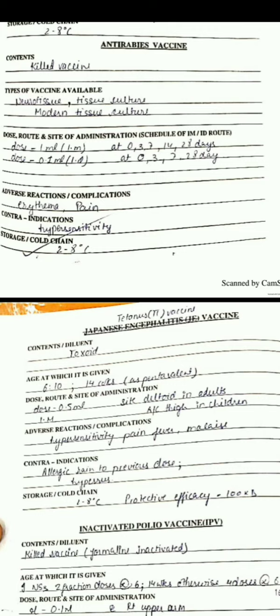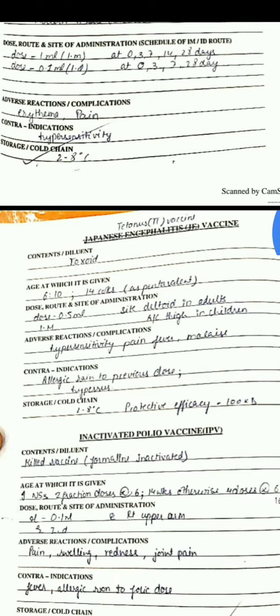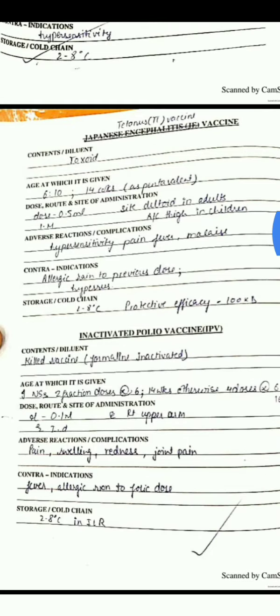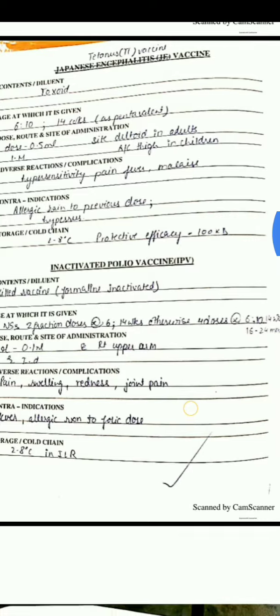Then is the tetanus TT vaccine, toxoid. It is 6, 10, 14 weeks, is pentavalent. Dose is 0.5 ml. Site deltoid in adults, anterolateral thigh in children. IM, and hypersensitivity, pain, fever, malaise are adverse reactions. Allergic reaction to previous dose and hypersensitivity are contraindications, and it is stored at 2 to 8 degrees centigrade with